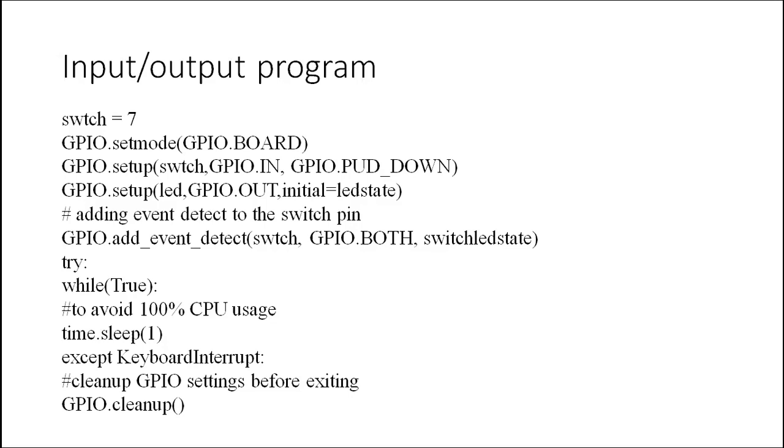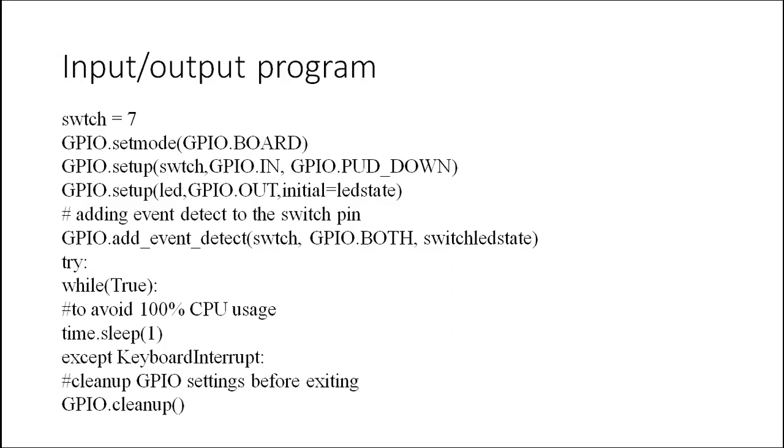Now here again you are setting the LED. LED is the 8th pin; we already named LED equal to 8. So the 8th pin is your GPIO that will be connected with your LED. Here the 7th pin is the input pin and the 8th pin is the output pin. For the 7th pin, I have given the parameter GPIO.IN, and for the 8th pin, GPIO.OUT. Initially, the LED state I made True, so the initial state of your LED is on.